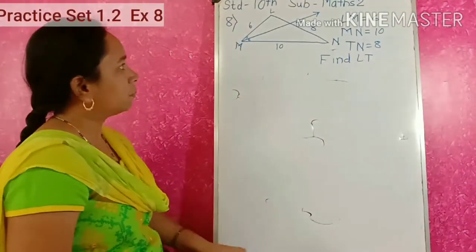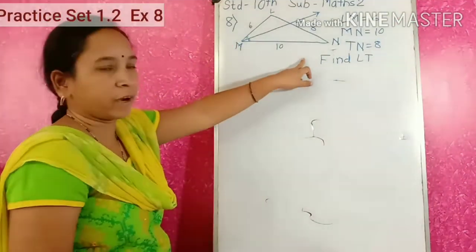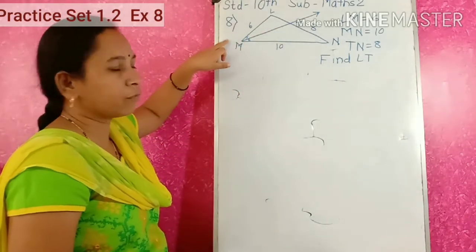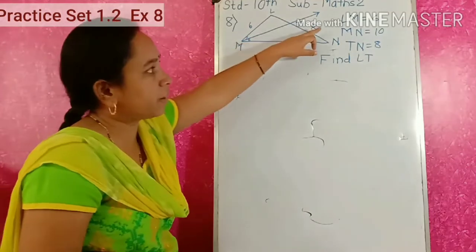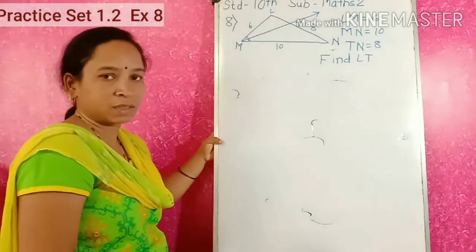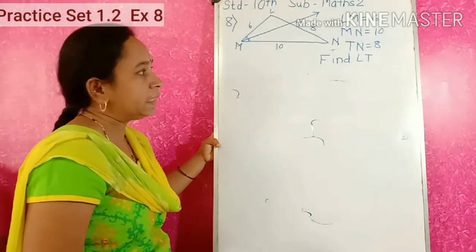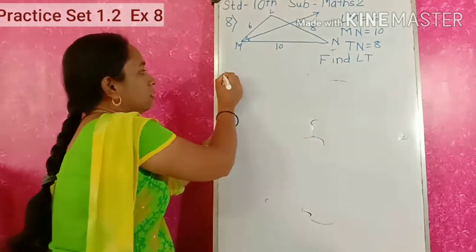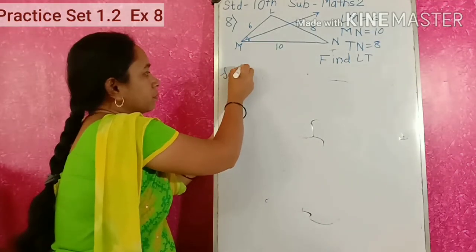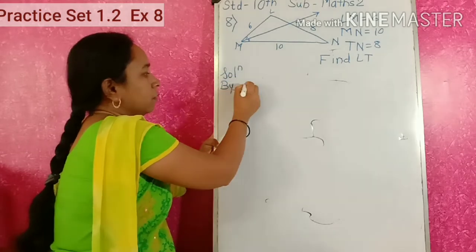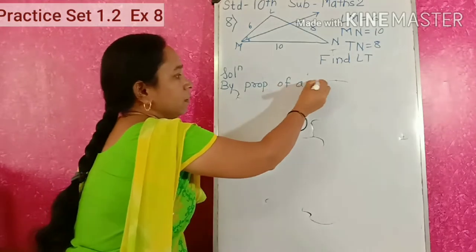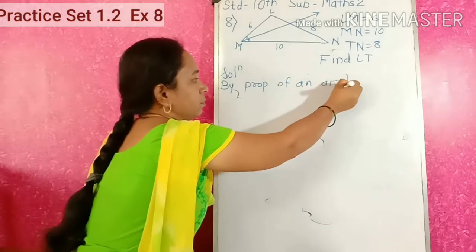Eighth example. In triangle LMN, MT is an angle bisector of angle M, and here the values are given: LM is 6, MN is 10 and TN is 8. Now we have to find the value of LT. So solution, by the property of an angle bisector,